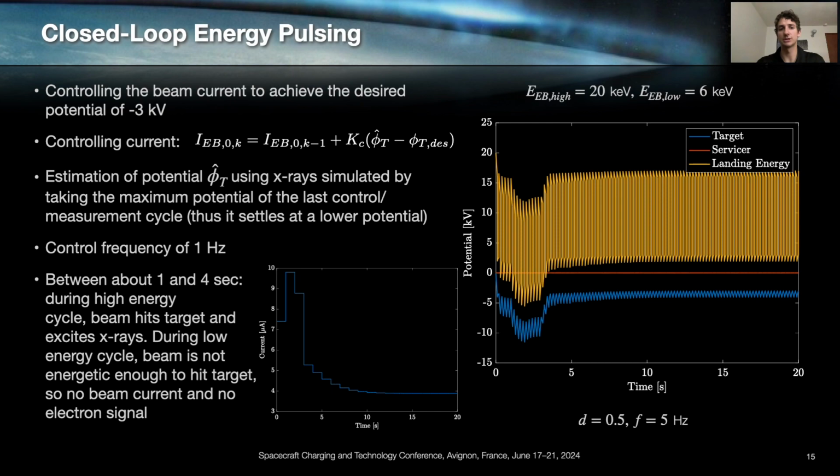Now, similarly, we can use closed loop energy pulsing. So in this case, again, we want to achieve the desired potential of negative 3 kilovolts, but now instead of controlling the duty cycle, we're controlling the beam current. And instead of using on-off pulsing, we're using energy pulsing, where we switch between beam energies of 20 keV and 6 keV. We estimate the potential in the same way as with the previous method, and we also use a control frequency of 1 Hertz. Now, as we can see on the right, the potential converges to roughly negative 3 kilovolts, but